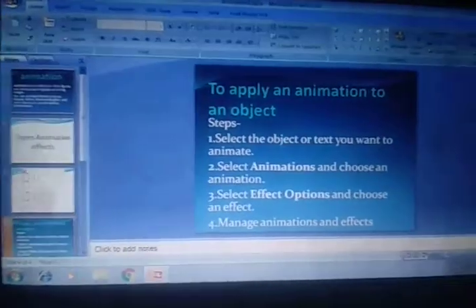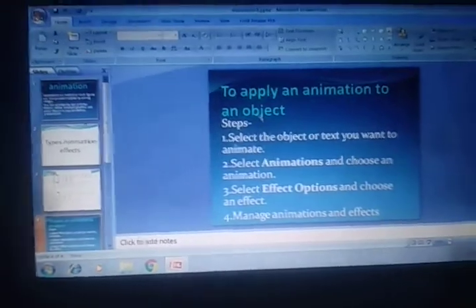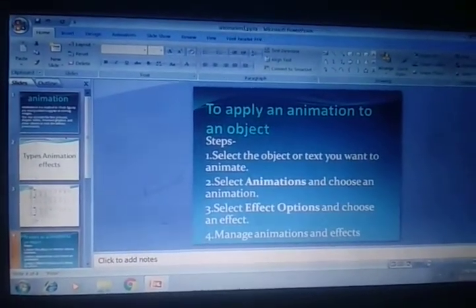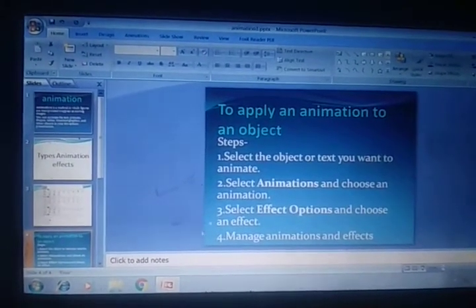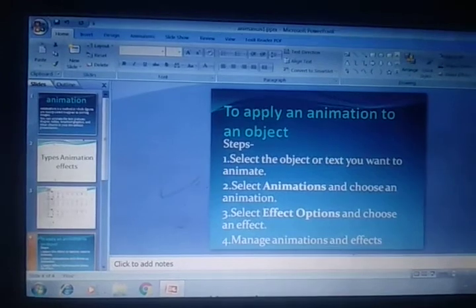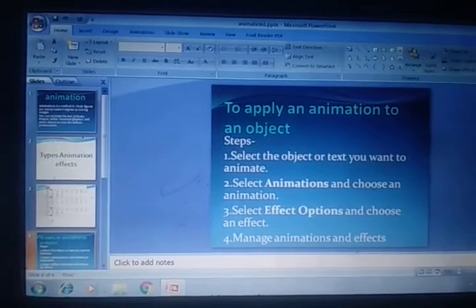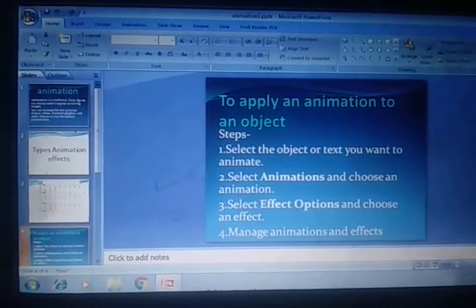How to apply animation on an object. There are 4 steps. First of all, select the object or text that you want to animate. Second step, select the animation tab and choose an animation. Then third step, select the effect option and choose an effect. Then manage the effect. Okay.